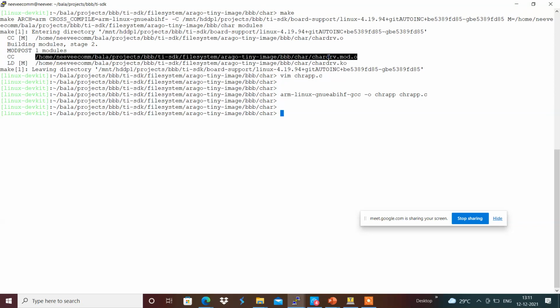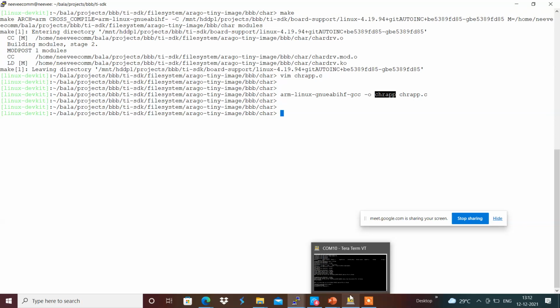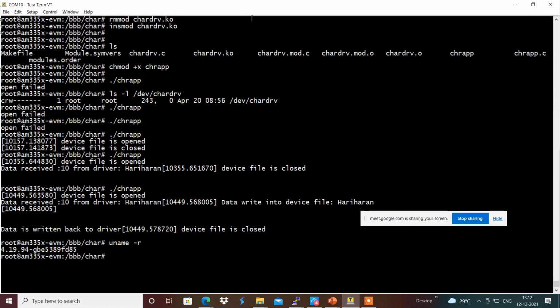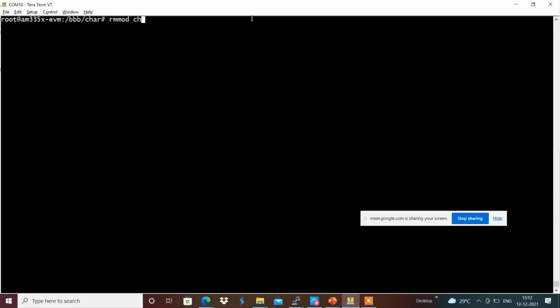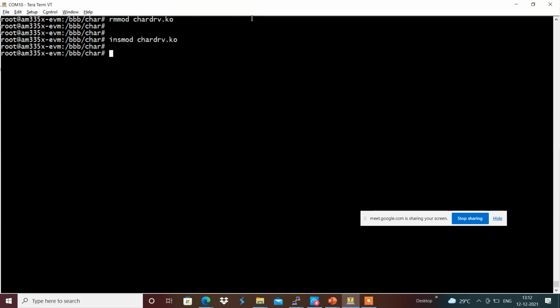Now we will do rmmod character_drv.ko, and I am going to insert the newly built driver and char_app over here. Yeah, now we can see there is data written into the driver. Basically data is written into the driver, but it was not happening.